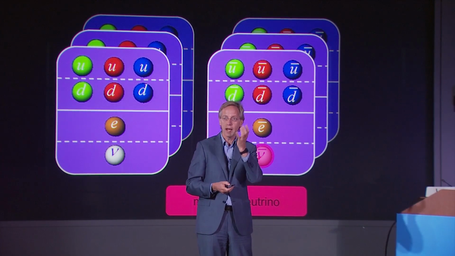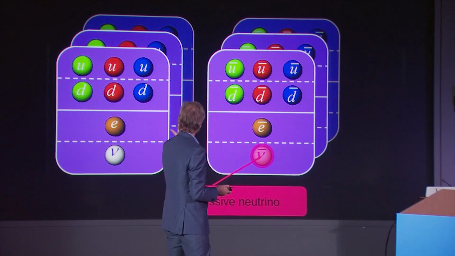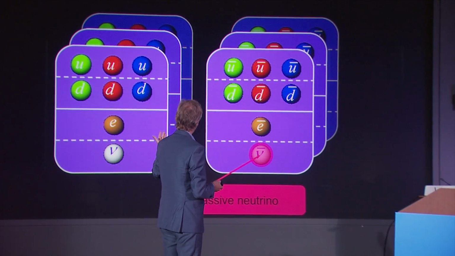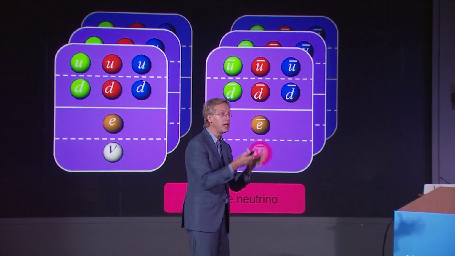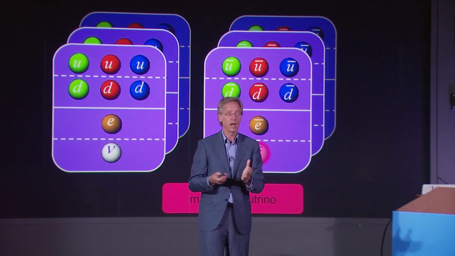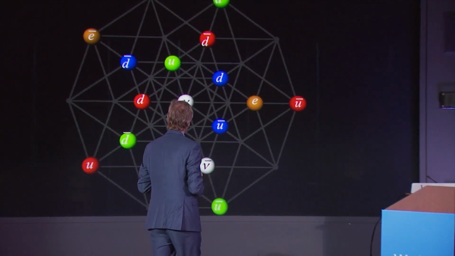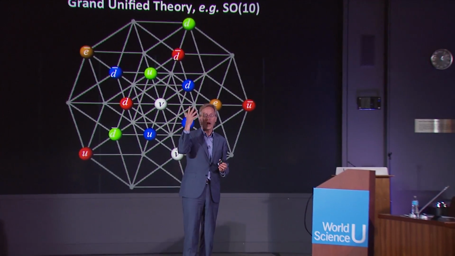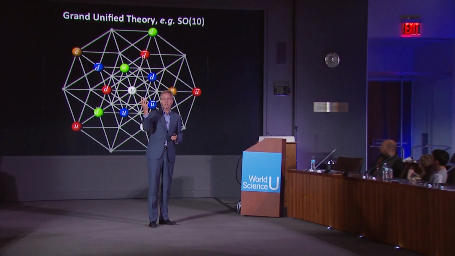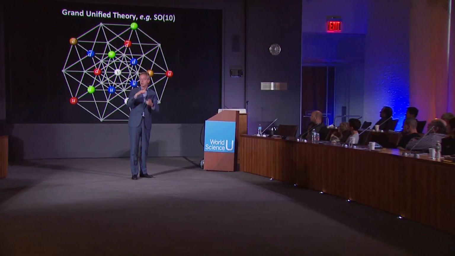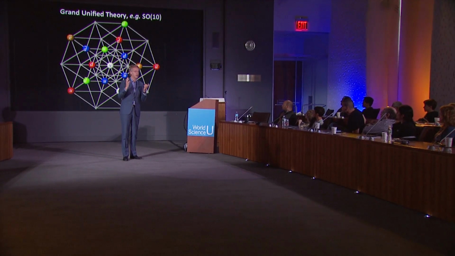But then the theorist mind takes over, and people look at this diagram and say, well, look at these particles within a single family. Can we rearrange them in a nice way? And for instance, they can be rearranged in this way. This is a 5-dimensional hypercube. And this suggests that there's a bigger symmetry, what we call the grand unified symmetry, a symmetry group that would contain, as a subgroup, the U1 cross SU2 cross SU3. For instance, here is SO10.